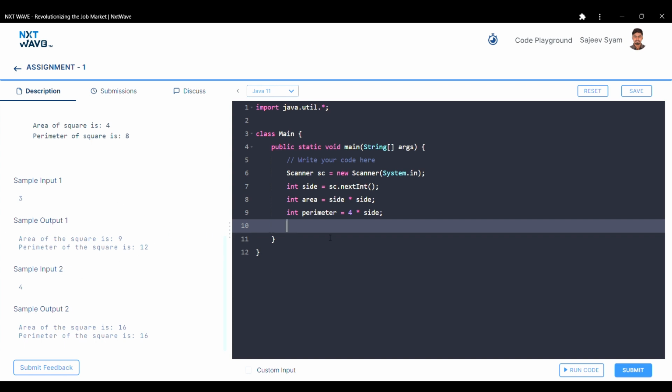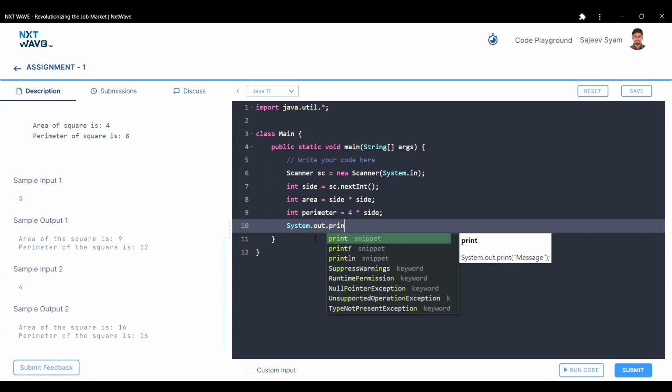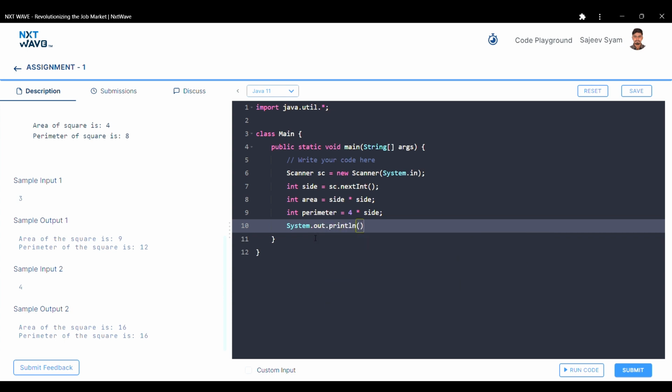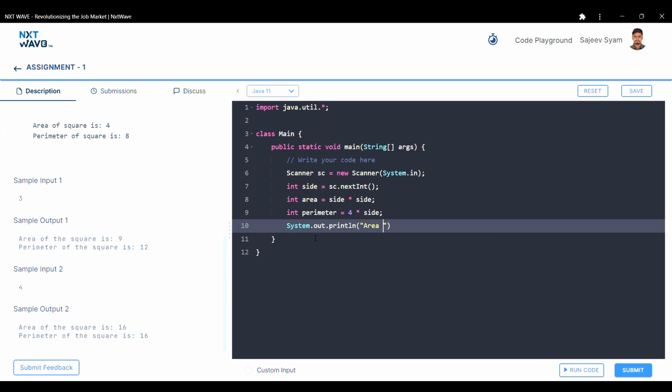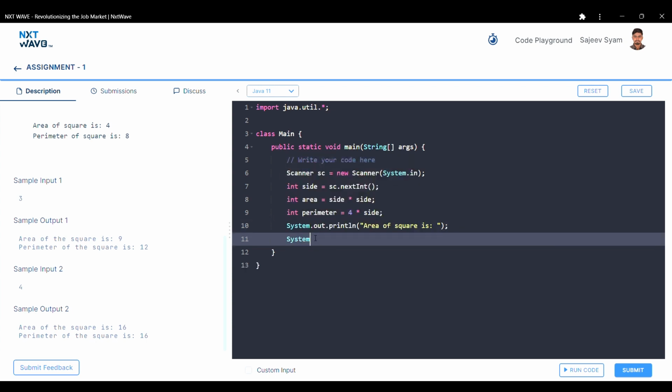So we are writing System.out.println, first of all we write area of square is, then colon space, then System.out.print ln